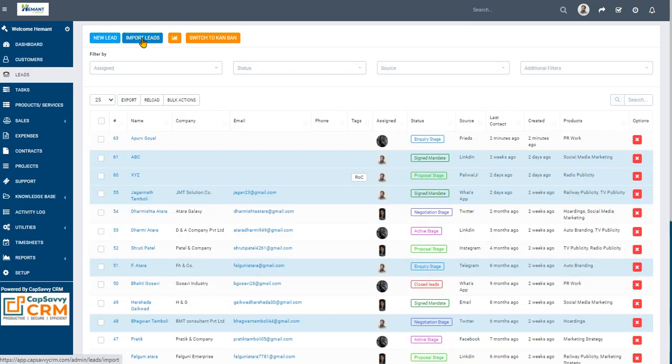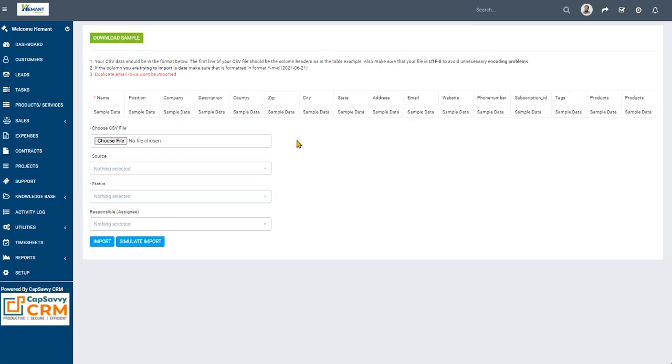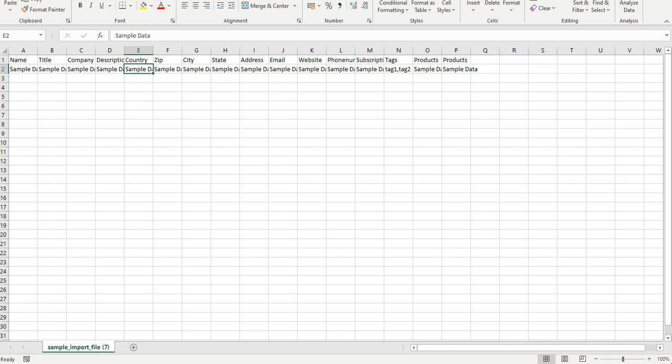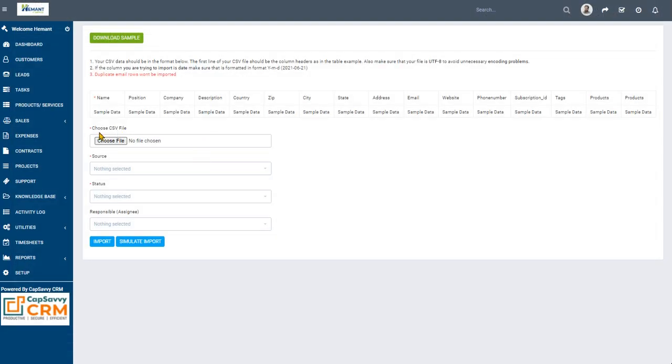Similarly, you can import leads, your existing leads. Suppose it is the first time you are doing this. This is the sample data. You can download the sample file. An Excel file or a CSV file will be there, which is saved here, with the same data. Go to that CSV file and feed in all the data, whatever your company's existing data is, and just import those leads. You can import from here, choose the file, and import whatever was there.